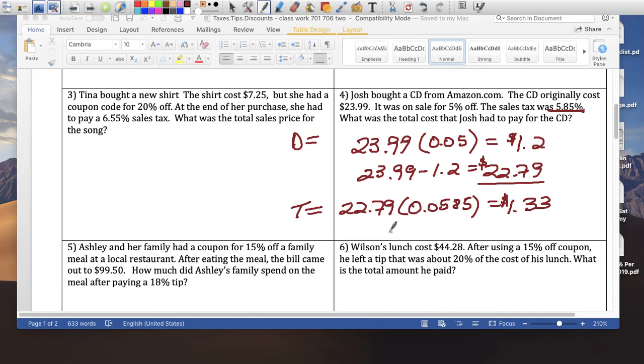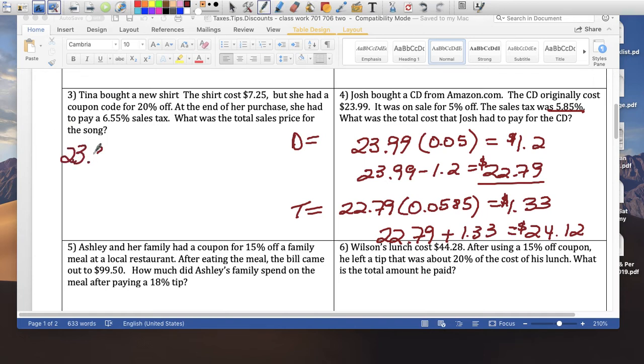Let's find out what the total is. So the price was $22.79 plus 1.33, and it's going to give us $24.12, and that's how much you pay. So hopefully by now. So again, I also forgot, for those of you who are doing it this way, you